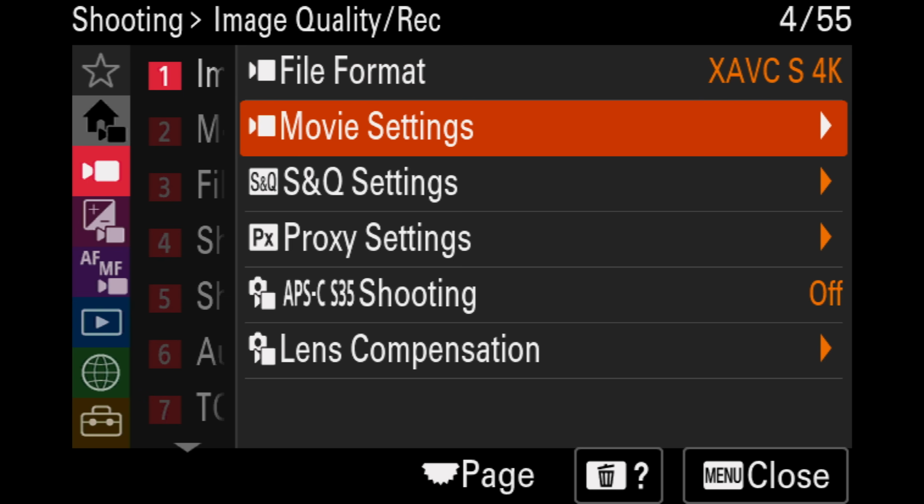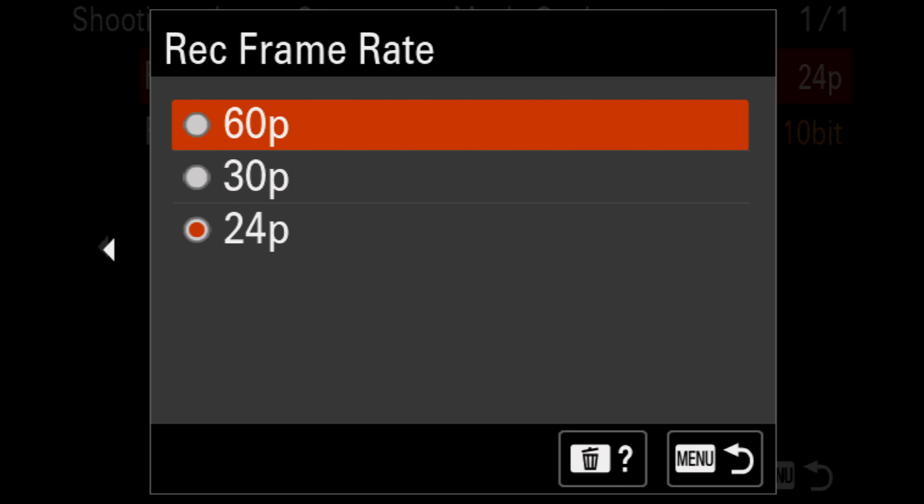You can also record 4K up to 60 frames per second, and then oversampled 4K at 24 and 30p in an APS-C crop mode. And it's here that we're going to see the biggest difference between this camera and something like the A1, which also does 8K. This sensor just isn't as fast, and some compromises had to be made to achieve all of those resolution and frame rate combinations. And my biggest complaint about this camera is the somewhat complicated cropping, binning, and oversampling pipelines that,